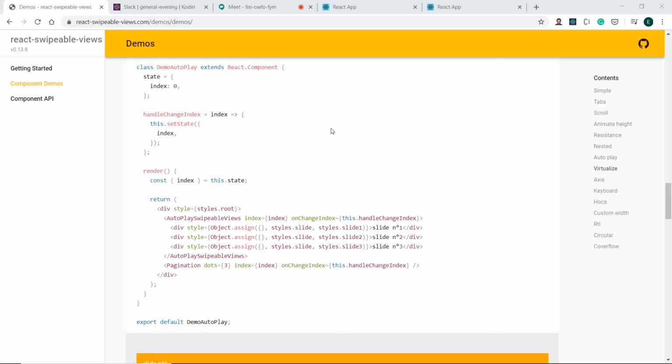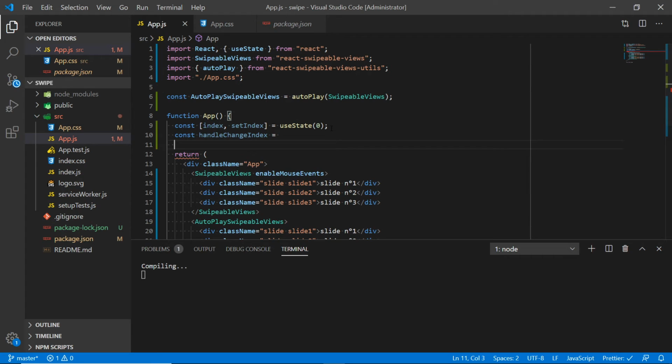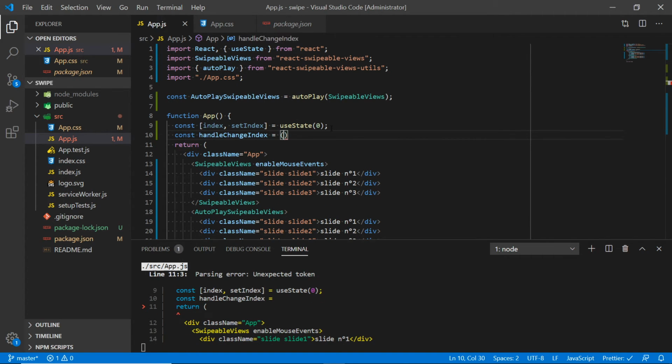I think it was the name. handleChangeIndex, and now this is going to be an arrow function, and then inside we're going to set the state to something. So setIndex,